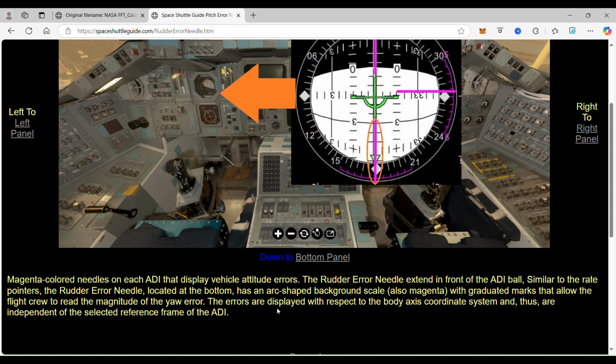These errors are displayed with respect to the body axis coordinate system and thus independent of the selected reference frame of the ADI. So it's not referencing this, it's referencing what the computer tells it to do to get onto the correct path. This is showing your actual what the spacecraft is doing. This needle is telling you what you have to turn left or right to get the spacecraft into the correct